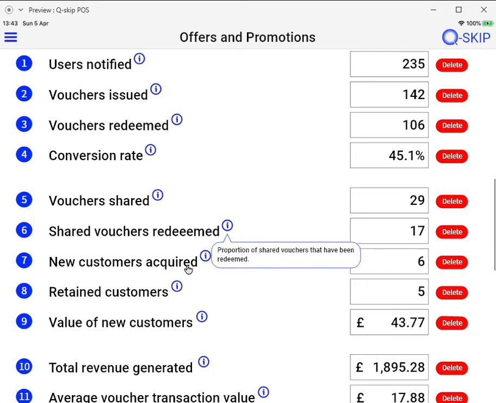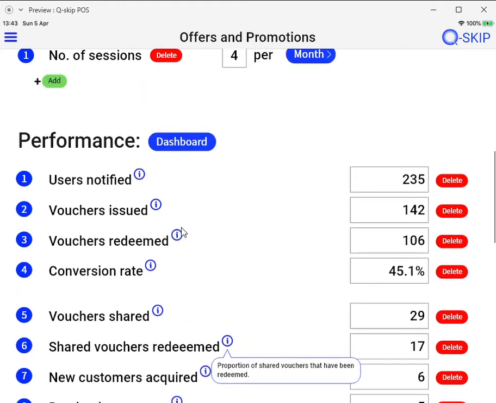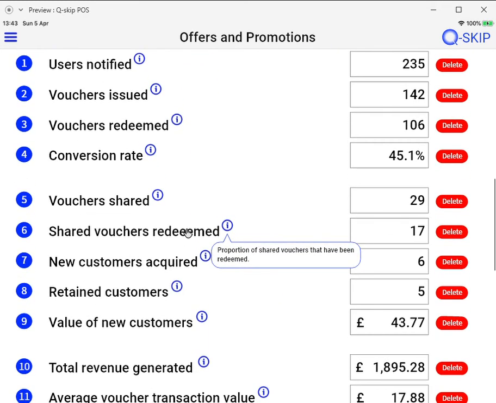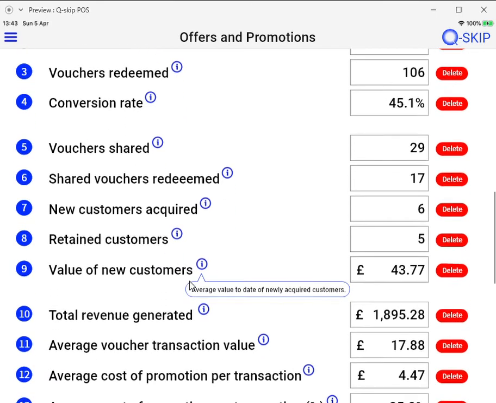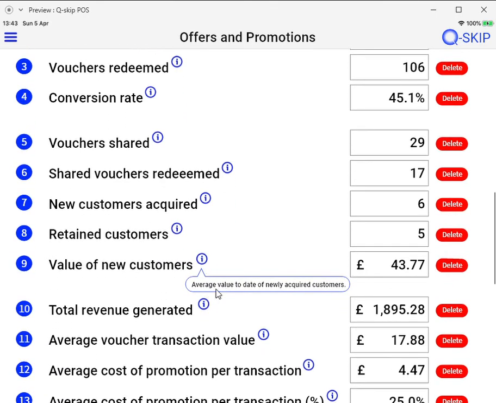that's extremely valuable, obviously, because in this instance, not only is this discount designed as a promotion cost, but it's also a customer acquisition cost. So you could be getting additional customers which you would otherwise not have achieved. Okay. Now the value of the new customers essentially is the average value of